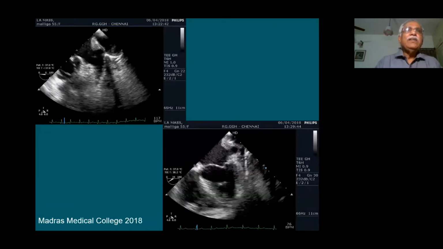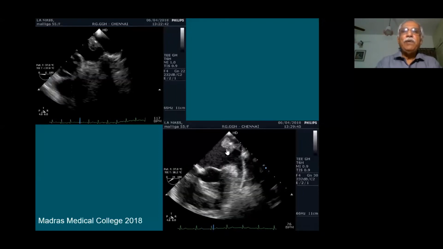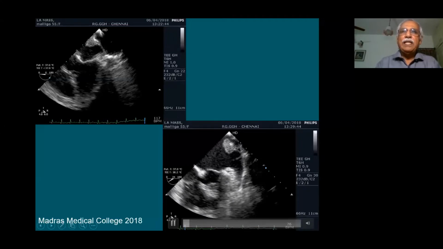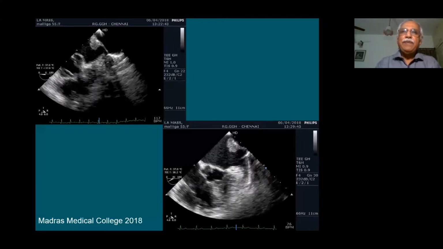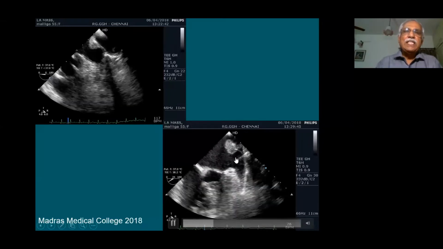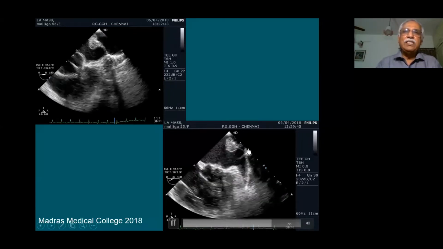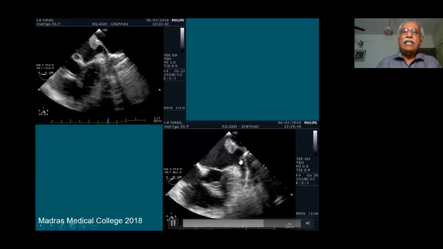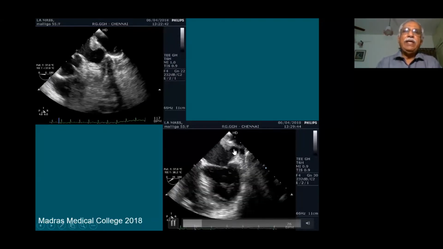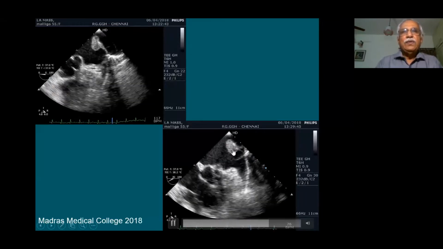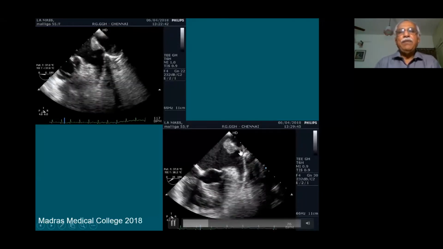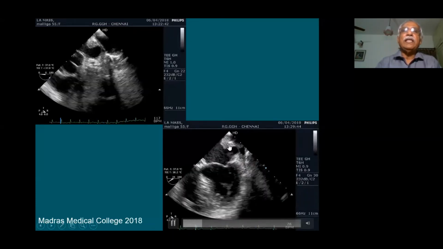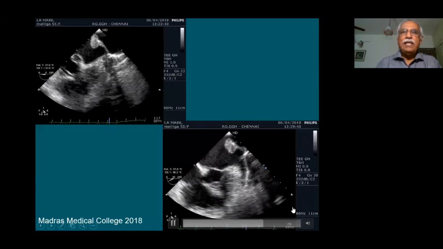Here in this patient, you can identify that this mass is about 1.5 centimeters in size. Again, it has a soft fibrillary appearance, and this patient was not operated. So the first diagnosis was a papillary fibroelastoma attached to the tissue between the pulmonary vein and the left atrial appendage. Still, it can be myxoma also. Both the conditions have been described in literature. The final diagnosis, we will know only if we remove the mass from the warfarin ridge.